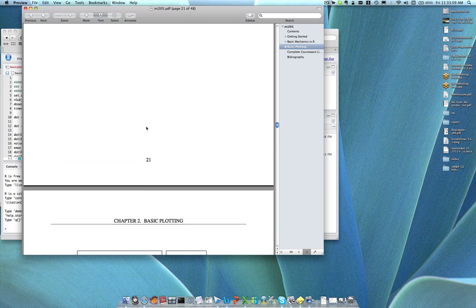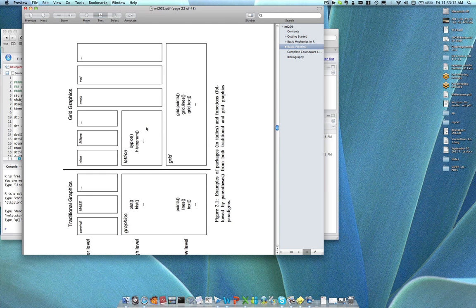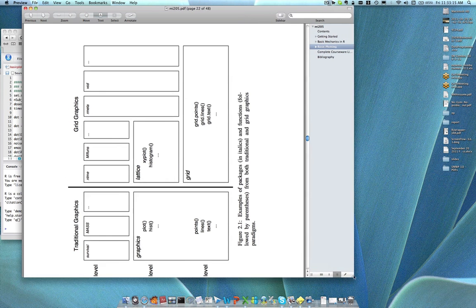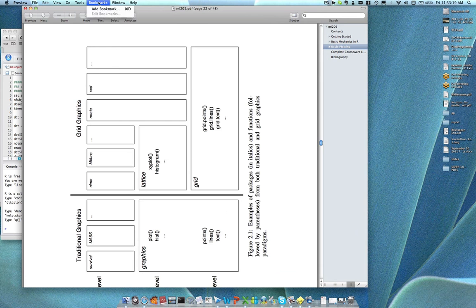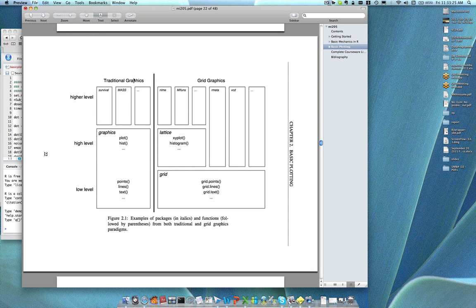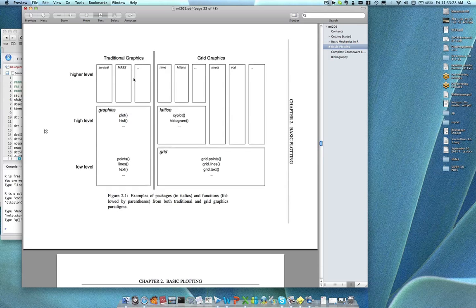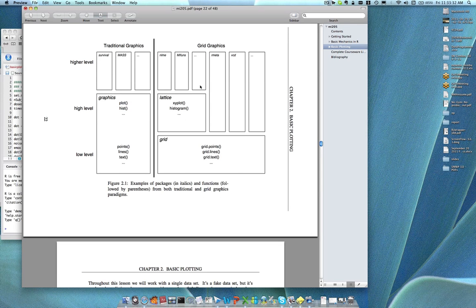And I wanted to situate you with respect to where Lattice lies in the bigger picture of R graphics. There's a diagram here on page 22 of your book that is meant to show how there's low-level plotting functionality in R, and on top of that is built some higher-level functionality, and on top of that is some very specific higher-level functionality that might be specific to certain data types. And the package we're going to focus on again is Lattice, which is here